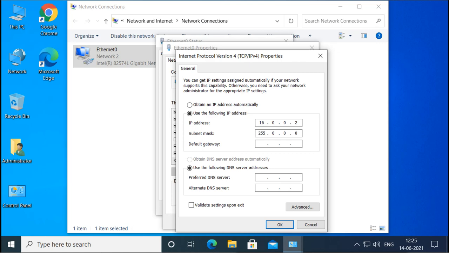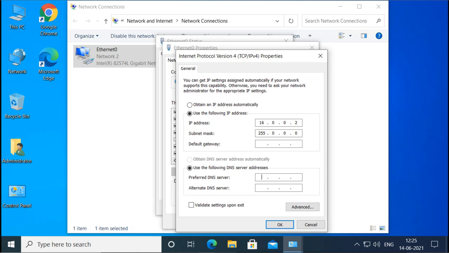Gateway we don't have. Now this DNS server is very important. If you want to make this machine a client and join it to a domain, then this machine must know what the DNS server IP is and who the DNS server is.